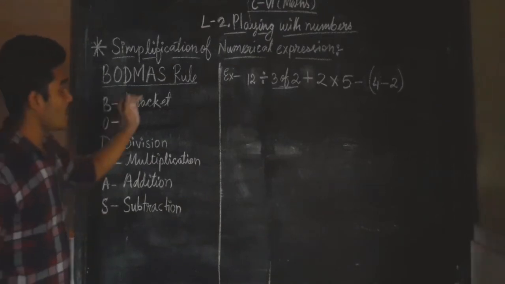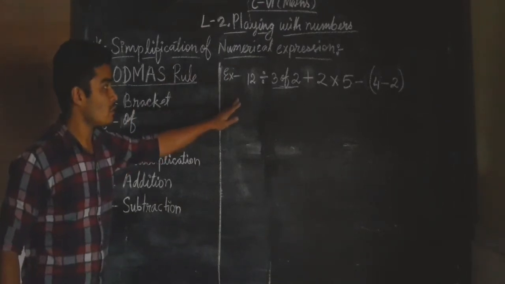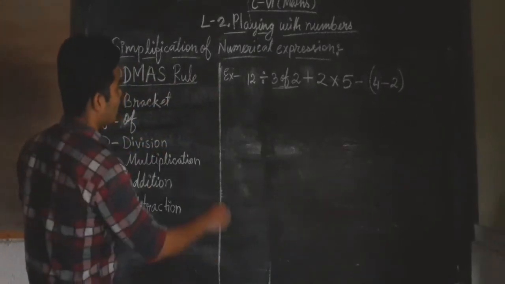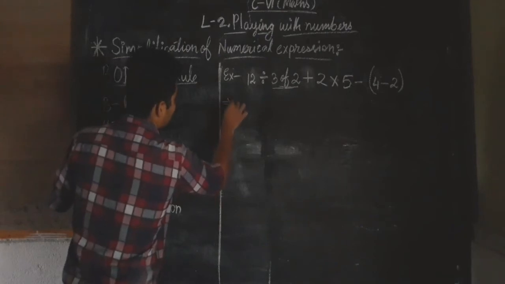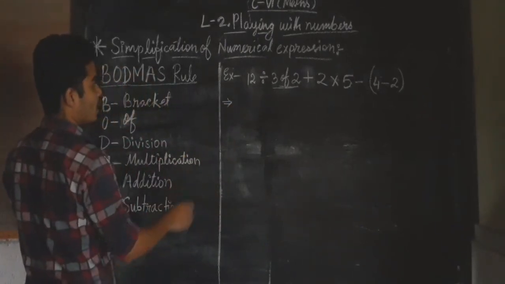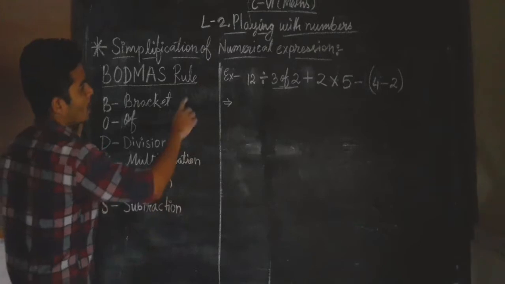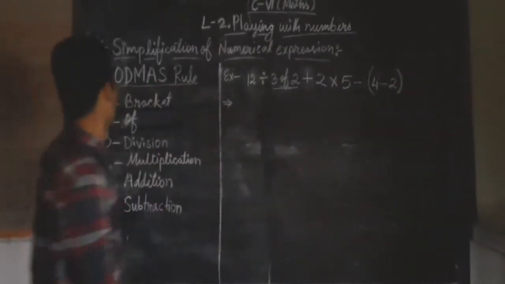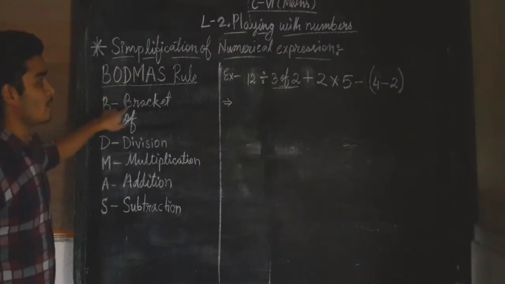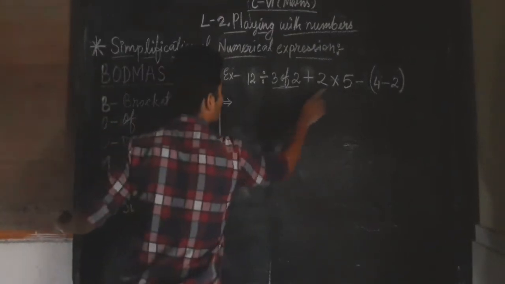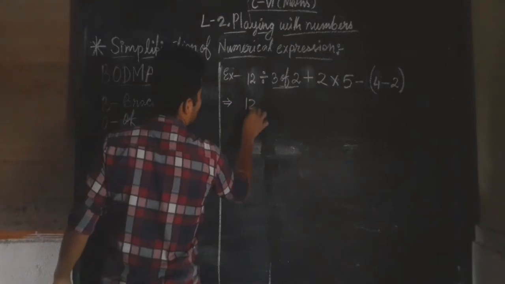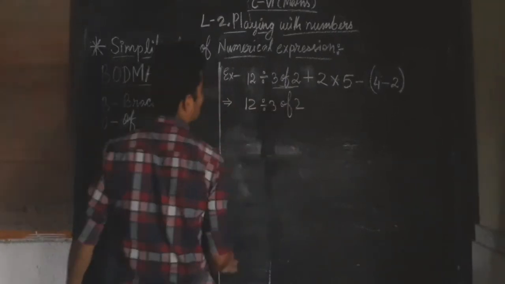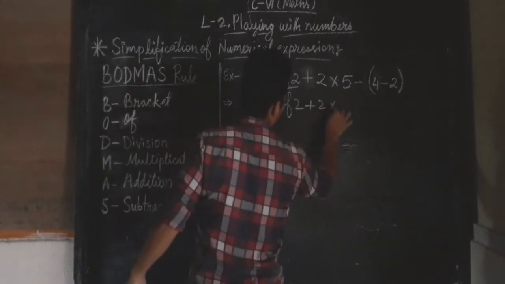So now let me solve this example for you to understand this BODMAS rule better. So look at the board carefully. Don't skip any step. I will tell you step by step. First, you can see in this example there is a bracket. So what is the rule saying? The rule is saying that we have to open the bracket first. Then the remaining things we have to write as it is. 12 divided by 3. These things I will not do now. Let them be like that.